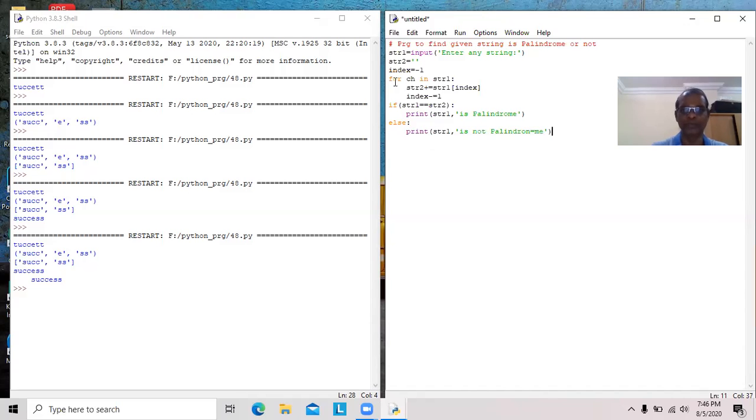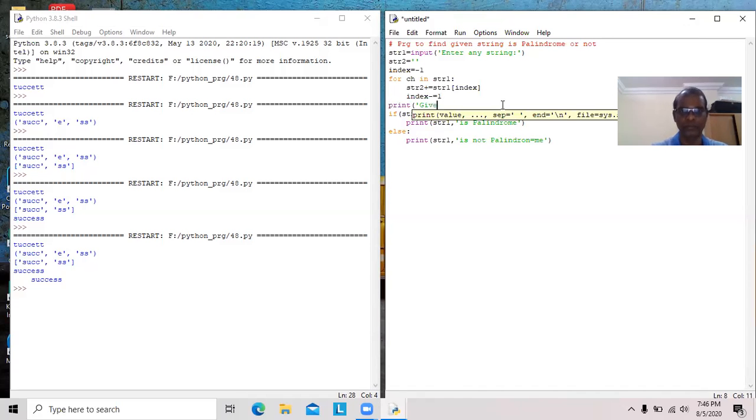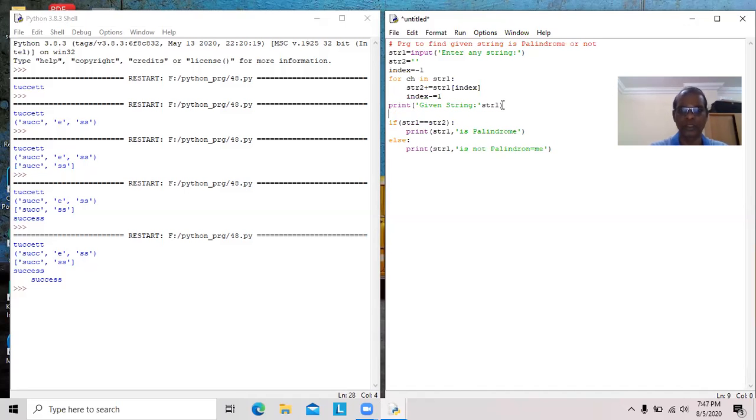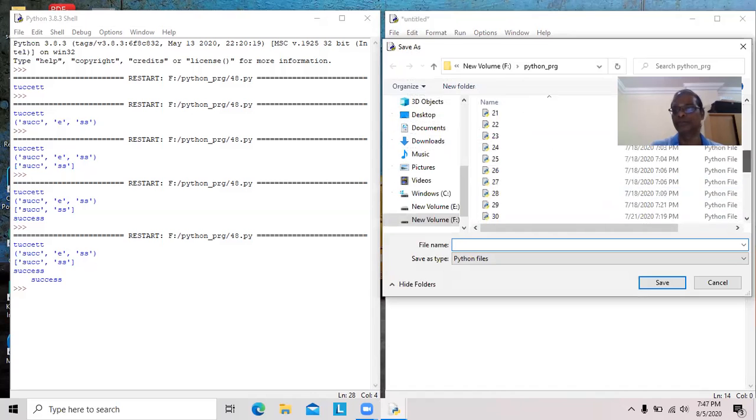Here we can check it out. The reverse string is, even string, this is the original string. Even string is str1. Again we can print the reverse string. The reverse string is stored in str2. I will save the program and then run it. We will see the output.